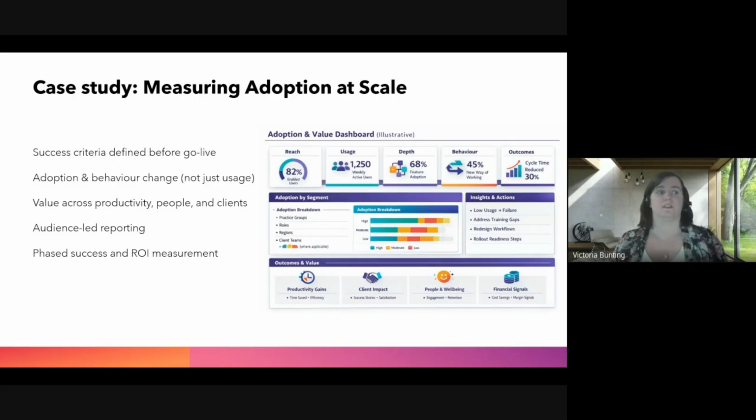So crucially, we've defined how we'll measure behavioural change and outcome over time. Things like consistency of use, reduced old workarounds, productivity, the quality and impact on people and the clients that we have in our business. And this reporting that we're currently building at the moment has been deliberately audience-led. So different groups will see different views dependent on what they need to be seen to help us drive that adoption. So it also helps with various decision making from different roles within the business,